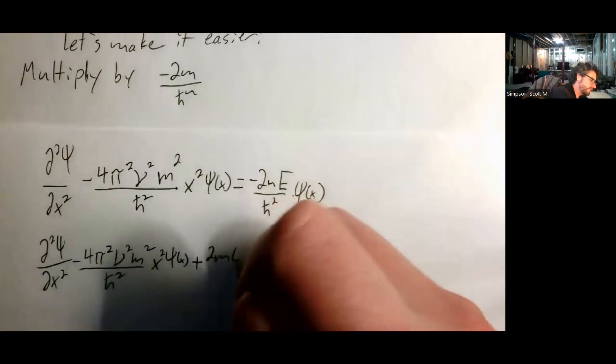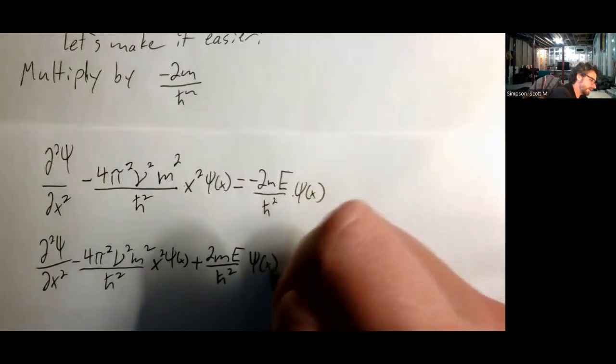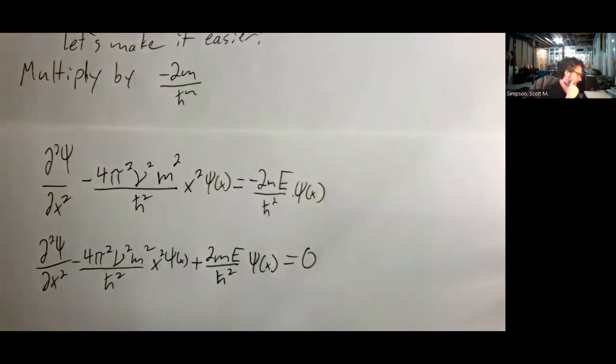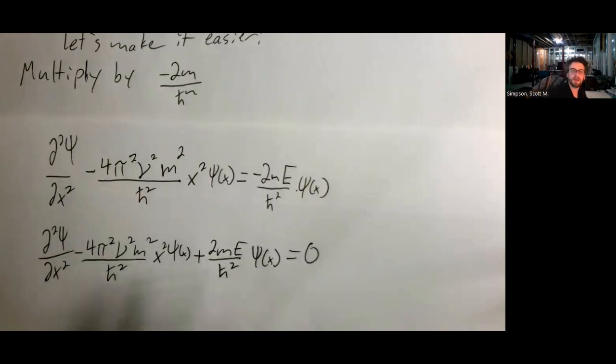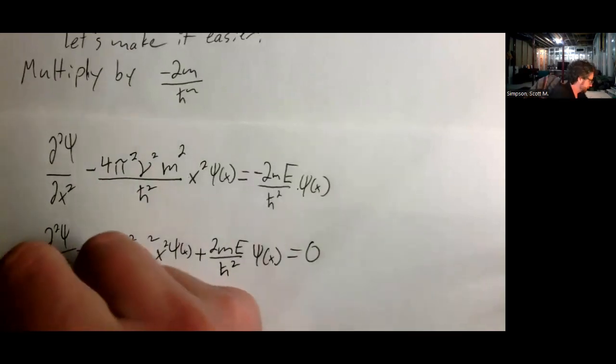So we're at 2m E over h bar squared psi of x is all equal to 0. Let's rearrange this because there's a lot of messy stuff in here. I would just like to simplify and get similar terms squished together, so it'll make it easier to think up solutions. So if we rearrange this,